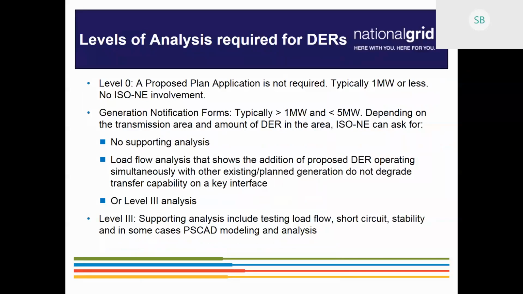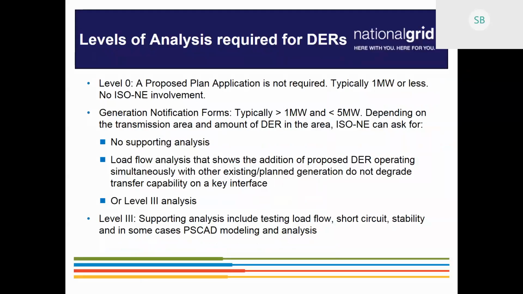The other one could be that there is some level of analysis that ISO required. It's not a full-blown, it's not a complete transmission study, but it will be some low-flow analysis to show ISO that the proposed distributed generation project operating simultaneously with other existing or planned projects in the area do not adversely impact a major interface on the transmission system. But then, if there is a lot of distributed generation in the area,